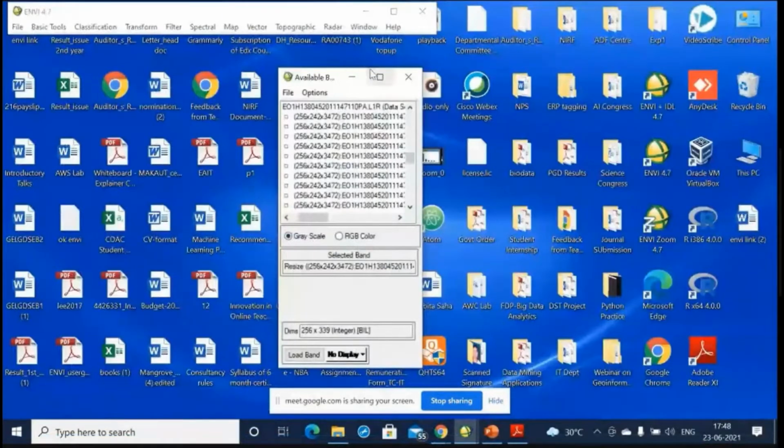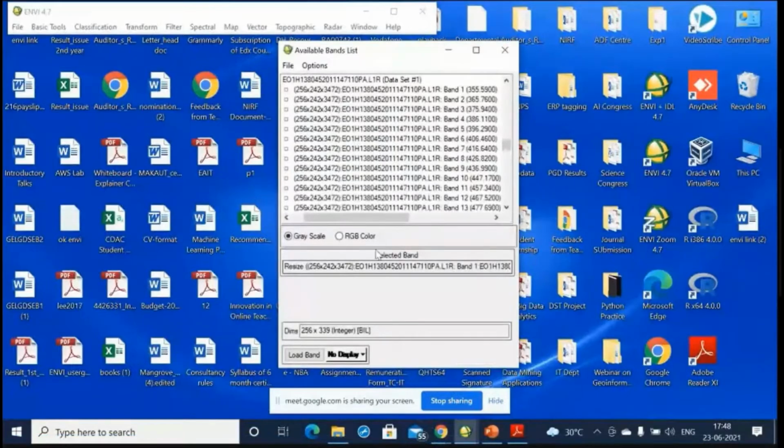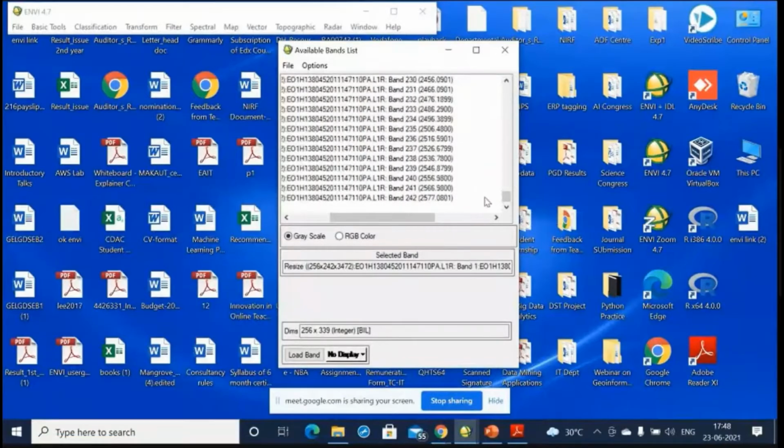When I open it, a dialog box appears, and these are the bands that are available in the hyperspectral image. If you count the number of bands, there are a total of 242 bands, and each band represents a specific wavelength value.